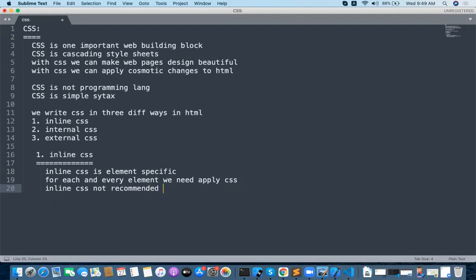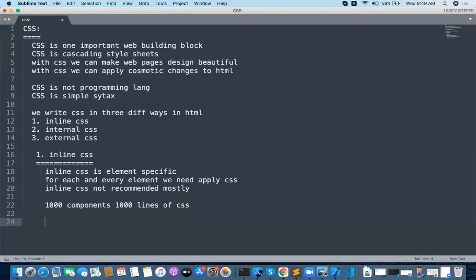For a complete application we need not write inline CSS for each and every tag. For example, if I have 1,000 components in my HTML, I need to write 1,000 lines of CSS. So this is not recommended in a real-time application. But sometimes you can use inline CSS.